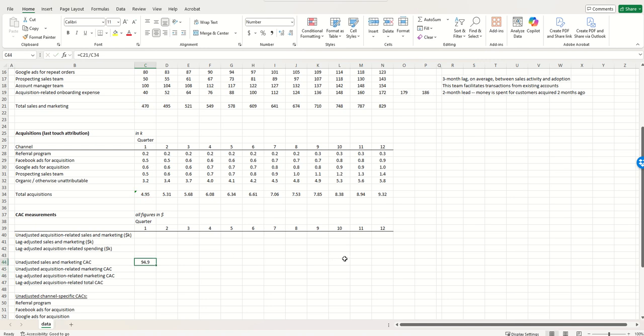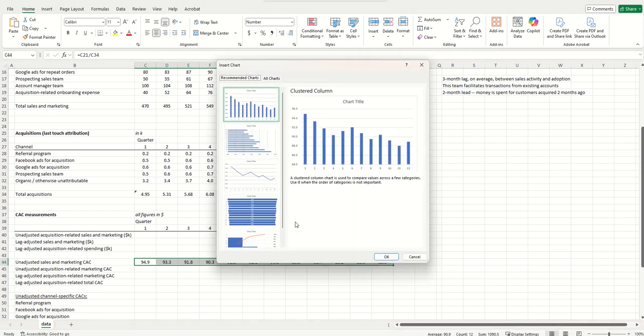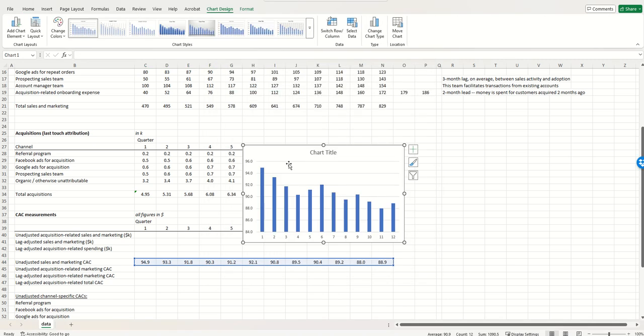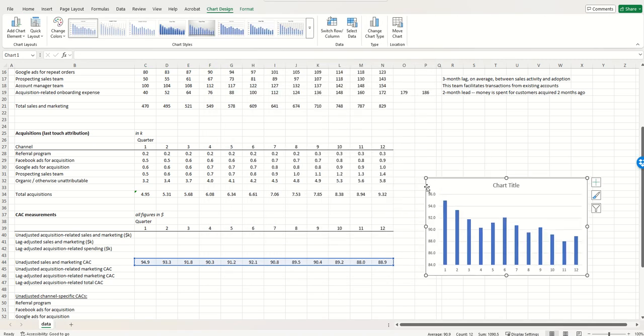So we can look at that over time. So what do we see? We see that the unadjusted sales and marketing CAC has been moving down over